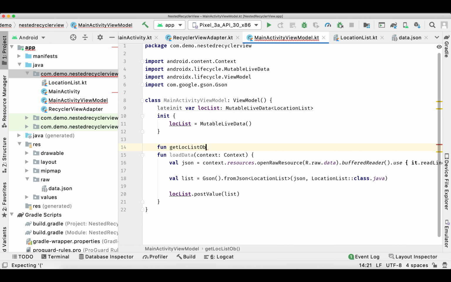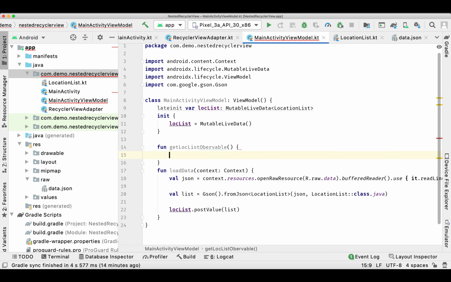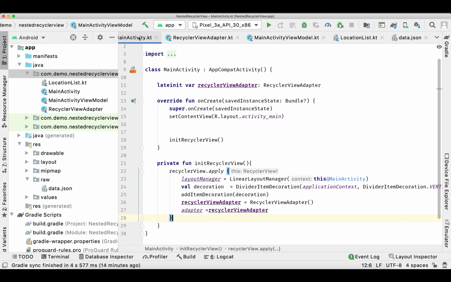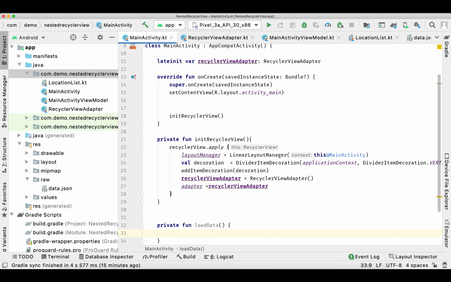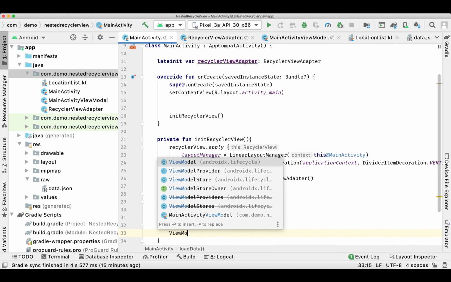And we'll create a function which is going to return this mutable live data so that we can set an observer in our activity to read that data. This function will initialize our view model and set an observer on our live data, and then we'll update our adapter.